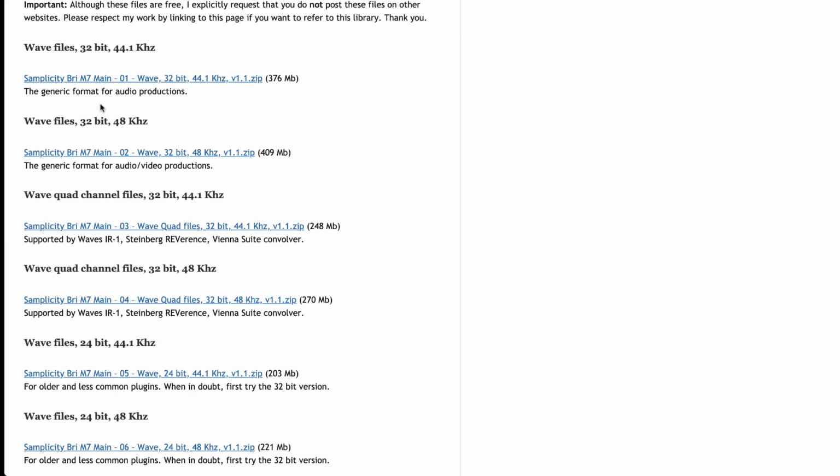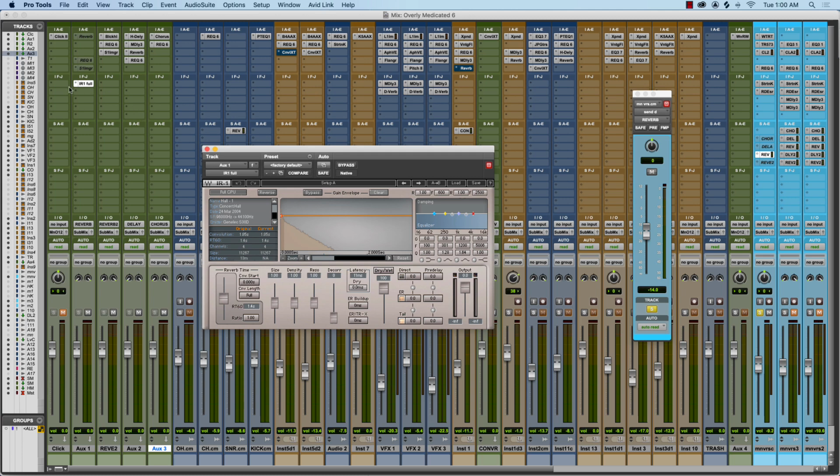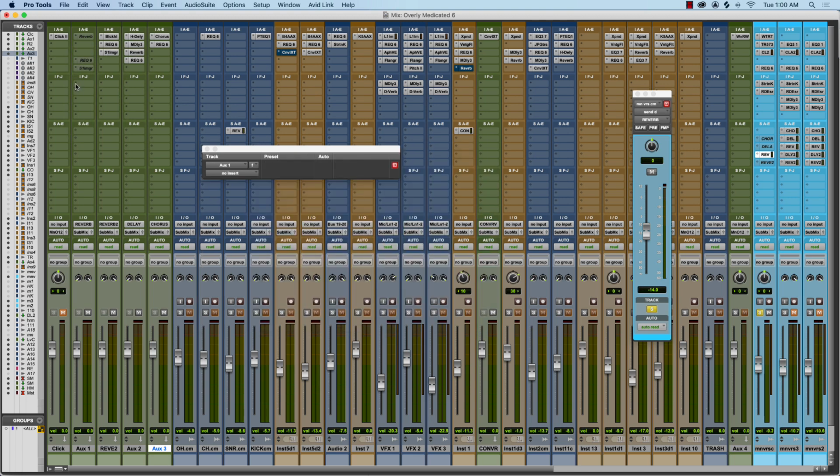If you go down here, there's a couple different formats. The format that I used was the Wave quad channel files, 32-bit, 44.1 kilohertz. You click the link, it'll download to your computer and store that wherever you like. Unzip it, and in Pro Tools, I already have a Waves impulse response reverb plugin loaded, but I'll load it